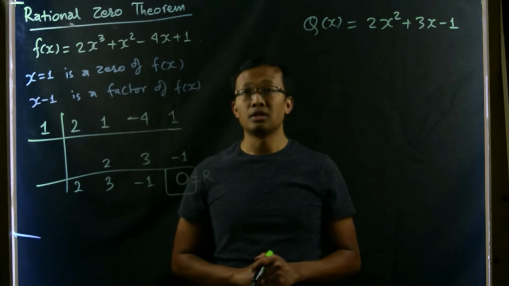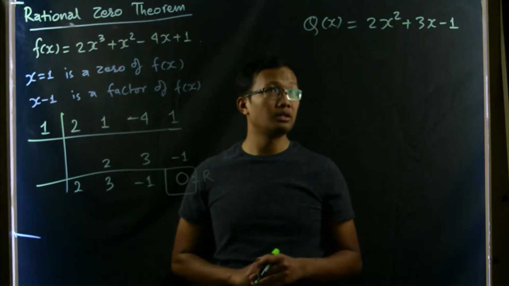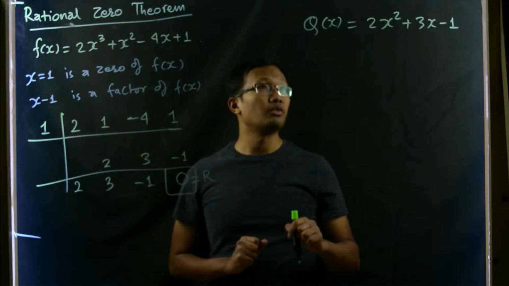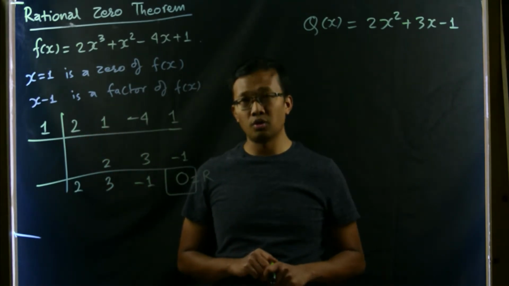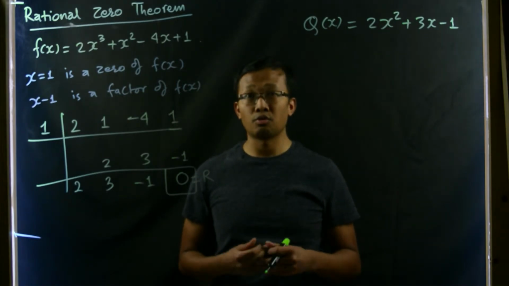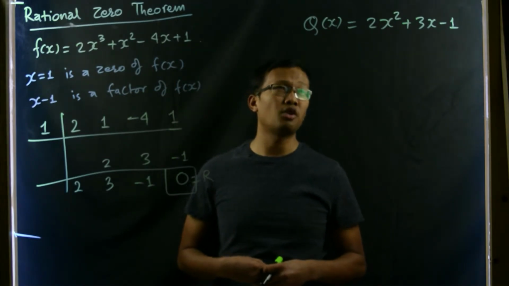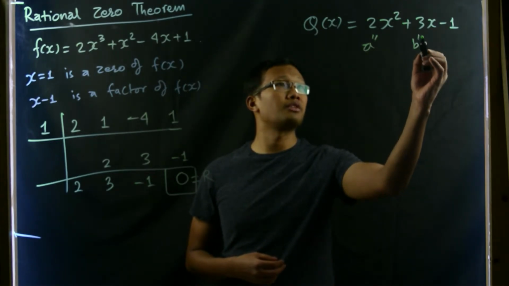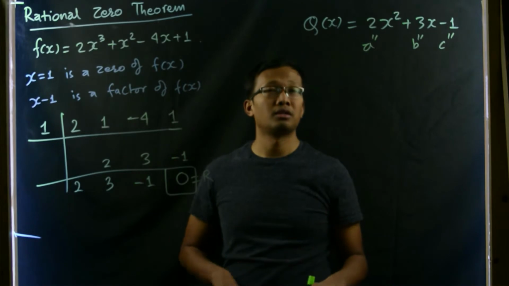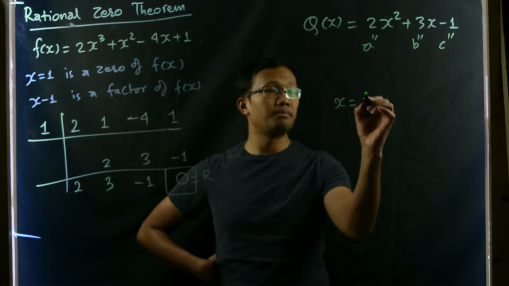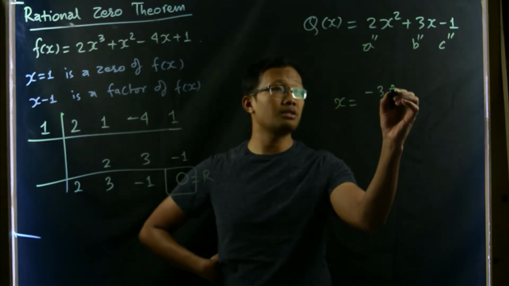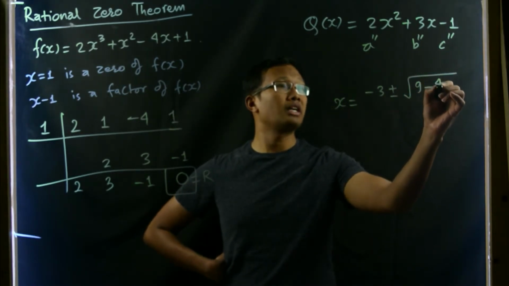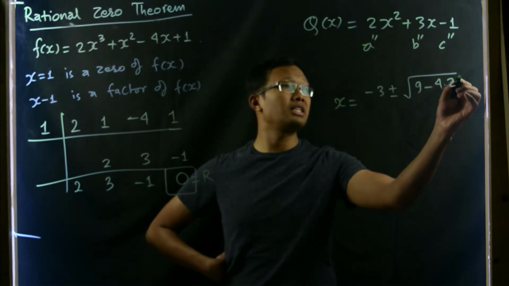So once we have gotten this quadratic polynomial, which is the quotient of this division, then we can easily figure out the zeros of this polynomial. Let us use the quadratic formula. Here a equals 2, b equals 3, and c equals -1. So x equals minus b, which is -3, plus or minus the root of b squared, which is 9, minus 4, a is 2, and c is -1,